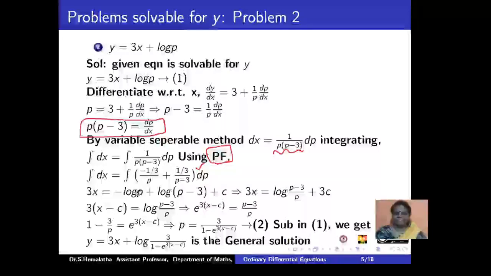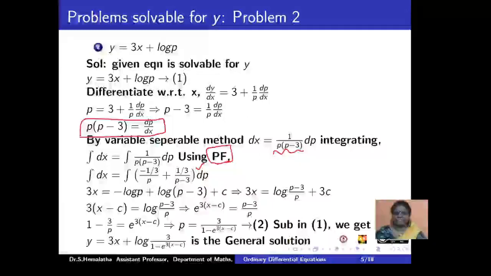Now you write the integral of this. It is 1 by p and 1 by (p minus 3). Just 1 by 3 is taken common and written on the left hand side. So you end up with a function of this kind. Here C is not written as log C because you are not going to have any more logarithms on the left hand side. So you just stop with 3C, and you can simply conclude that p is obtained in this form, and that is substituted in the equation to give you the general solution.